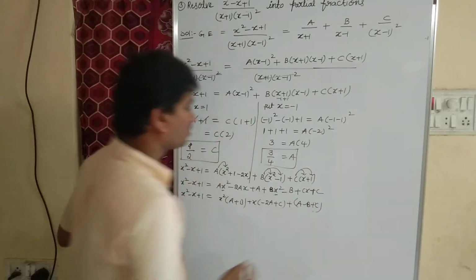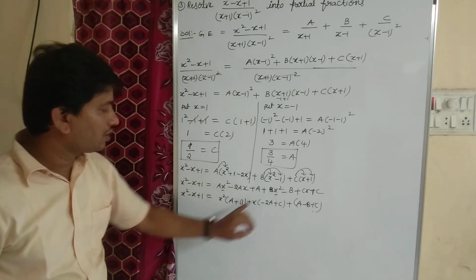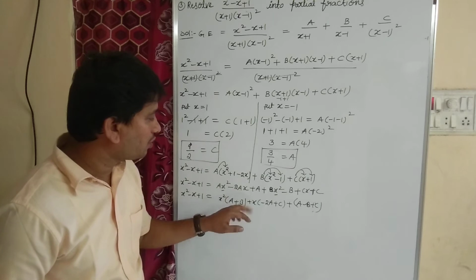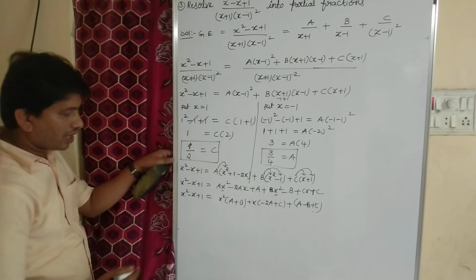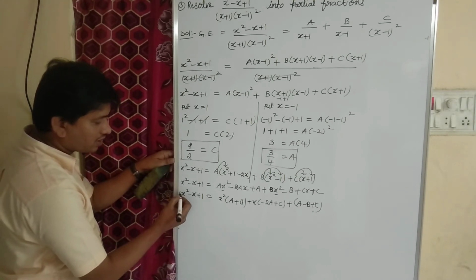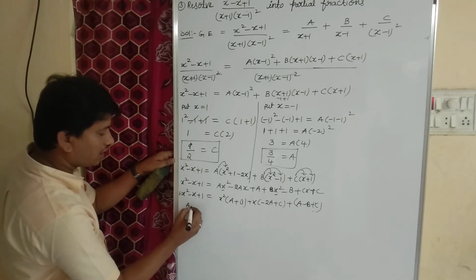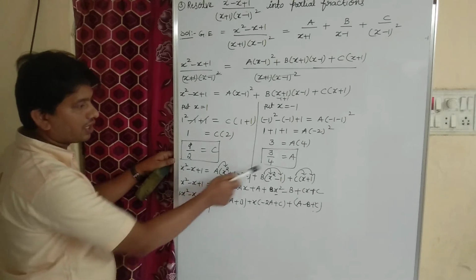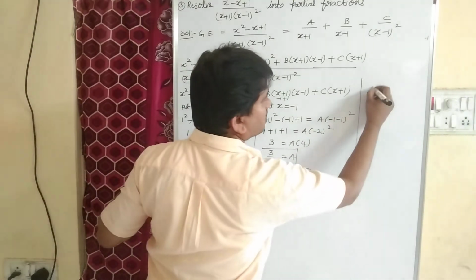Children, are you confused? Don't confuse. First I took x square common, I'll get a plus b. Then I took x common, minus 2a plus c. Then I took constants a minus b plus c. Okay. So if you compare now, the coefficient of x square here, nothing in the sense 1. Here the coefficient of x square is a plus b. I mean a plus b equals 1. Already we got the value of a. What is the value of a? So what we got here? A plus b equals 1.